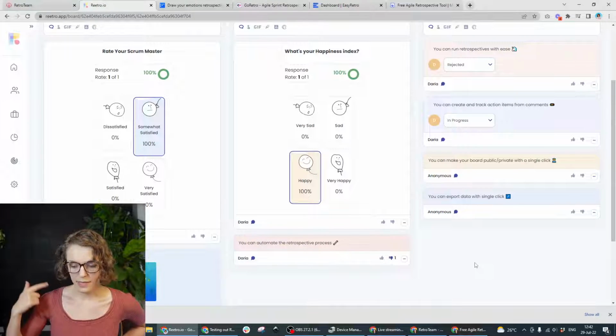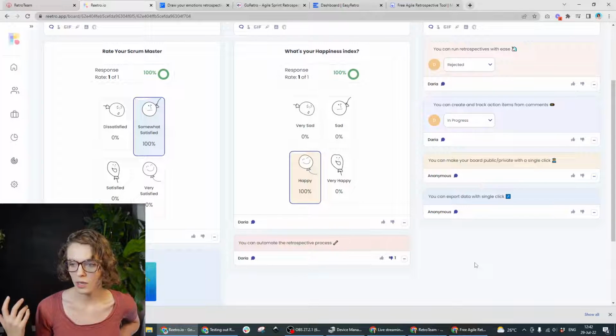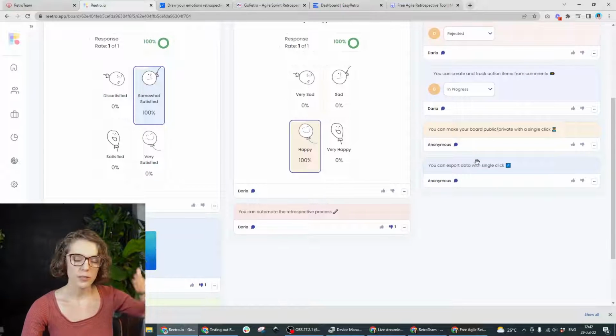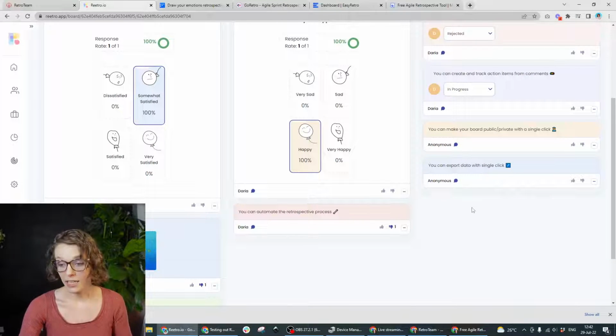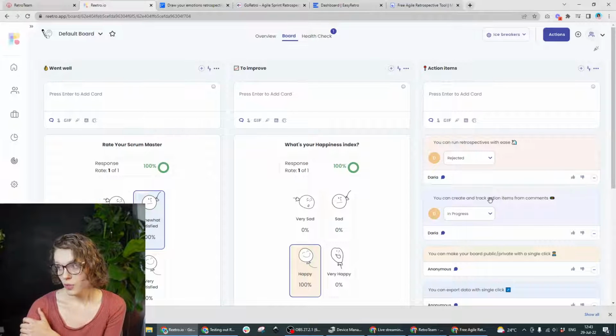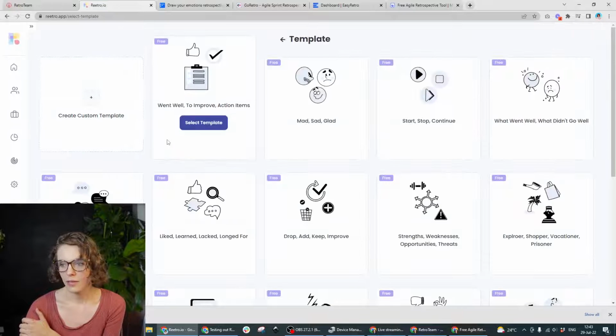If it is something that is ongoing, do you want to continue doing it? Or do we want to change it to something else? Do we want to try something different? So I like to have that opportunity to go back to the action items. So here you can do that, right? And then you say, okay, let me go back and we'll create another board,